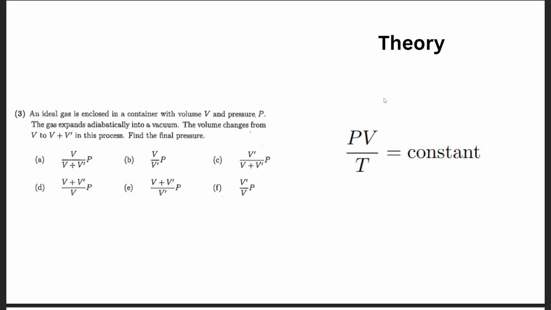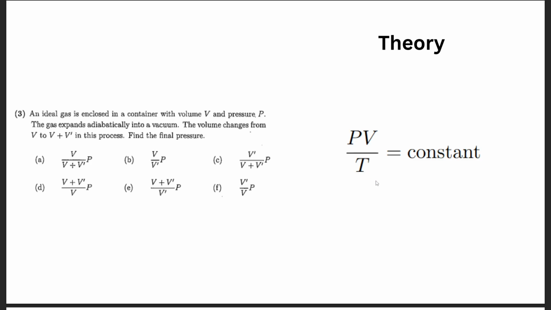Number 3. So an ideal gas is enclosed in a container with volume V and pressure P. The gas expands adiabatically into a vacuum. The volume changes from V to V plus V prime in this process. Find the final pressure. So the theory that you have to know is that